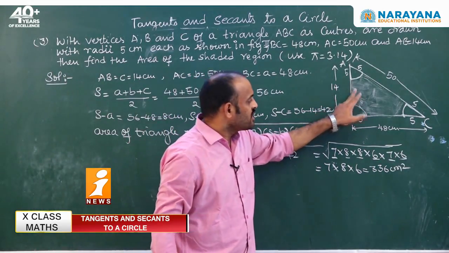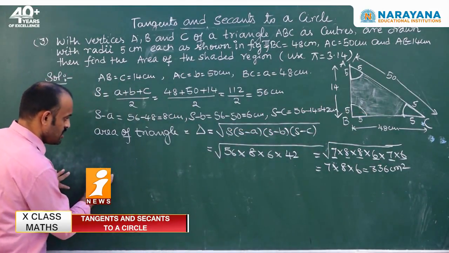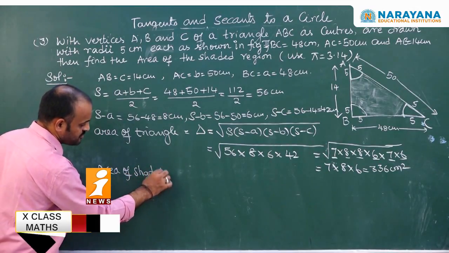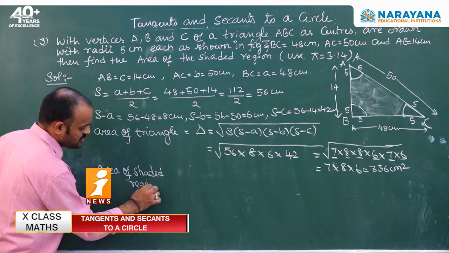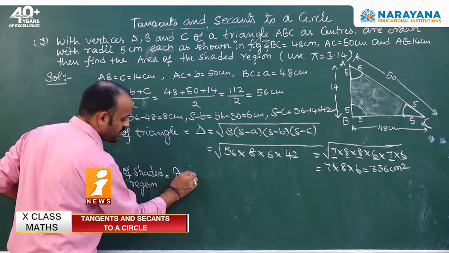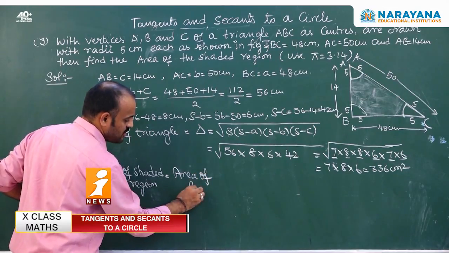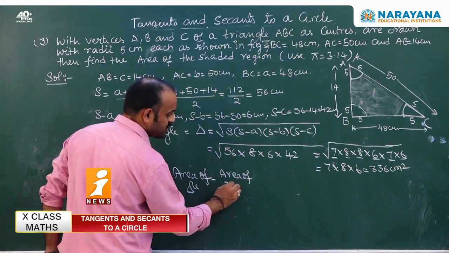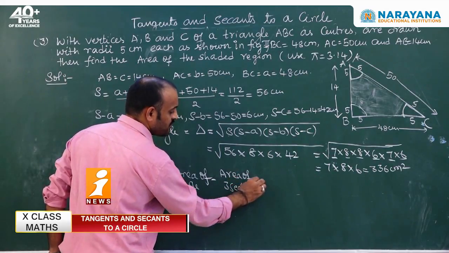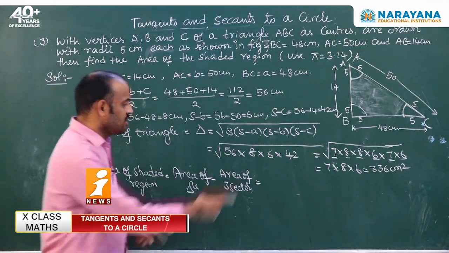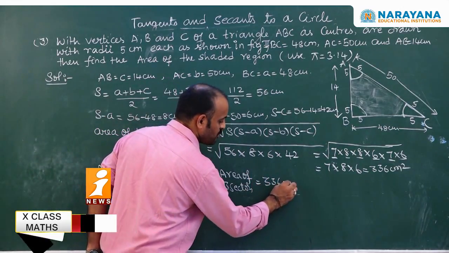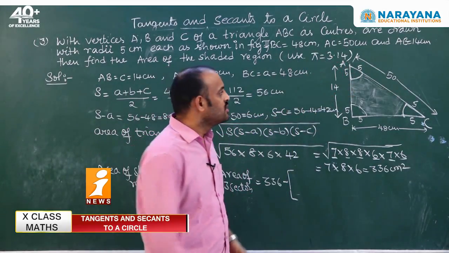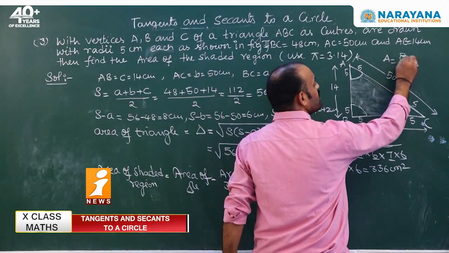Now we need to find the area of the shaded region. Area of shaded region is area of triangle minus area of 3 sectors. What is the area of the triangle? 336 minus, what is the area of the first sector? What is the area of sector formula? Area of sector is theta by 360 into